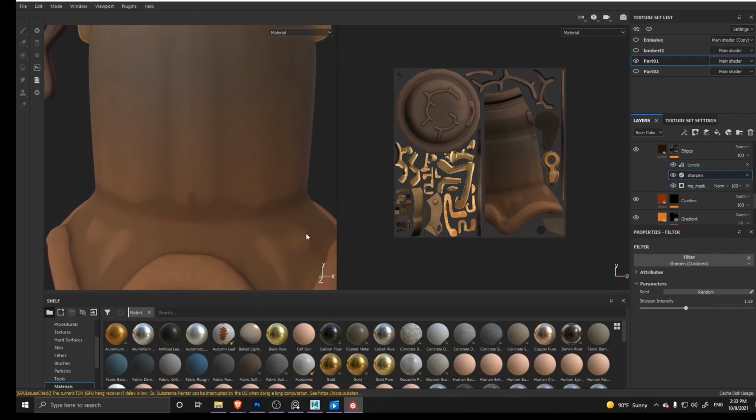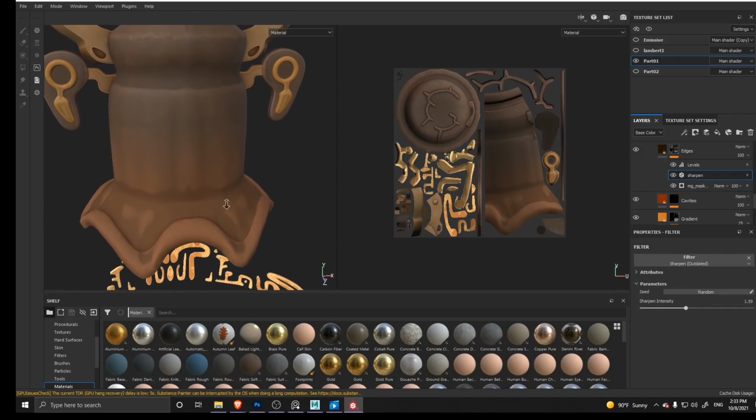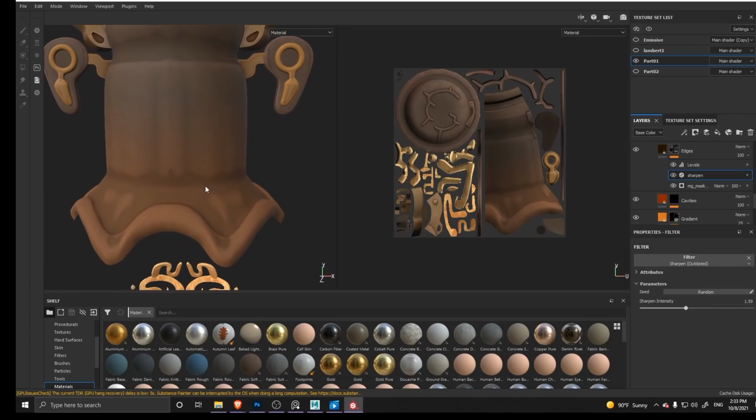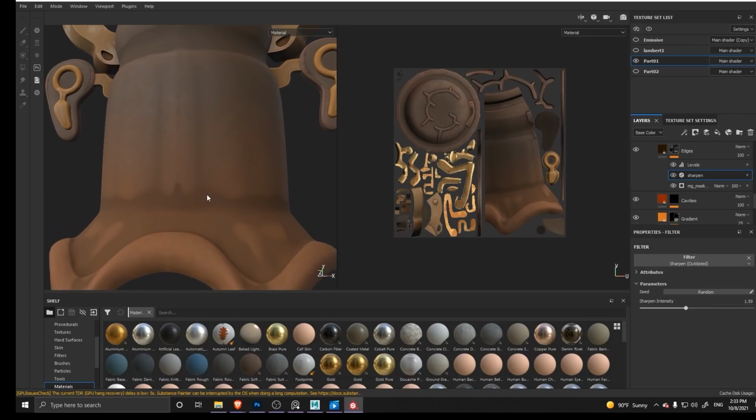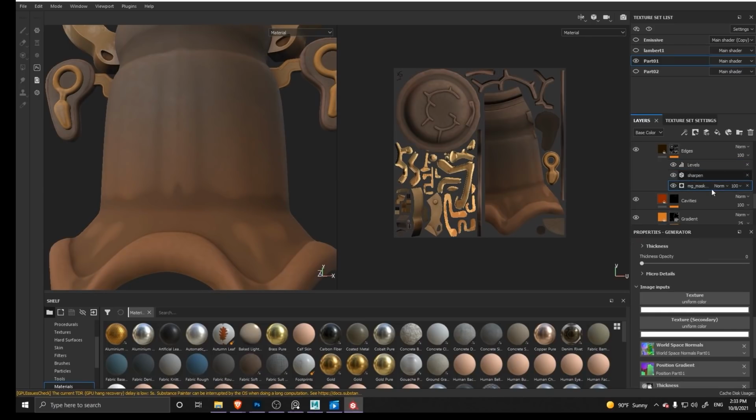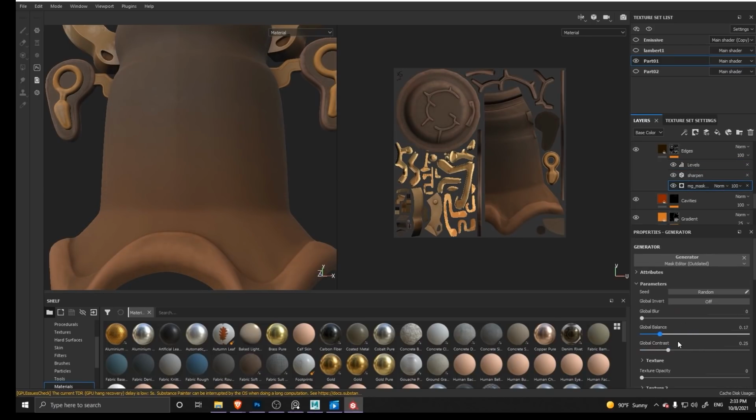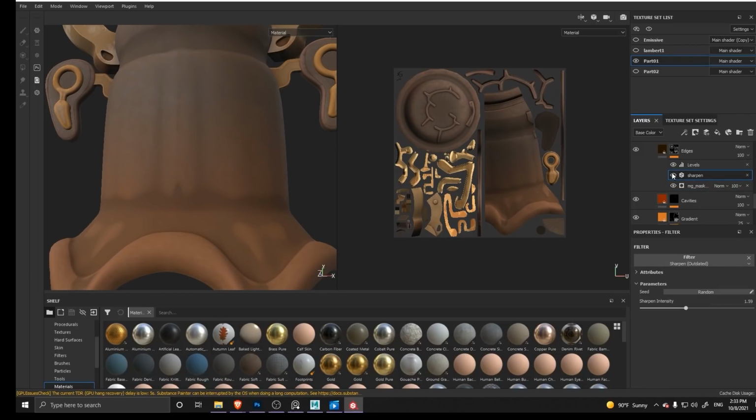I did decide to go a little bit rougher on this one because I wanted those edges to make it look like it was out in the rain for a long time. I could probably play around with the levels and soften it up a little bit more. Just a mask editor that I play around with the balance in and some of the contrast. Just added a sharpen in there, and I used the levels to invert it.